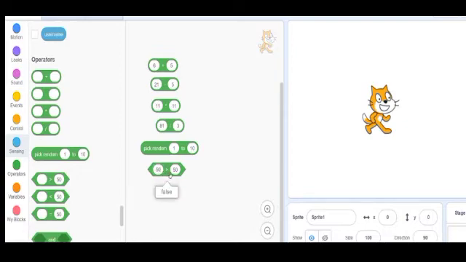See, it will show me the result. Here I am checking the numbers. Signs are already there. So these are relational operators. They are comparing both the numbers.